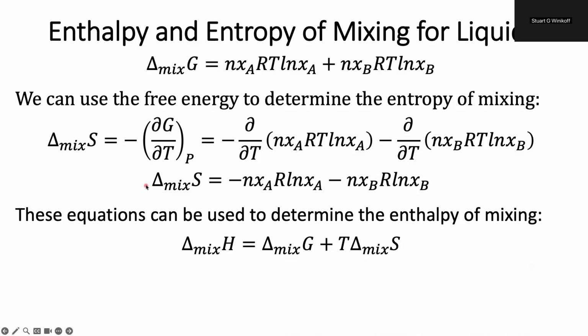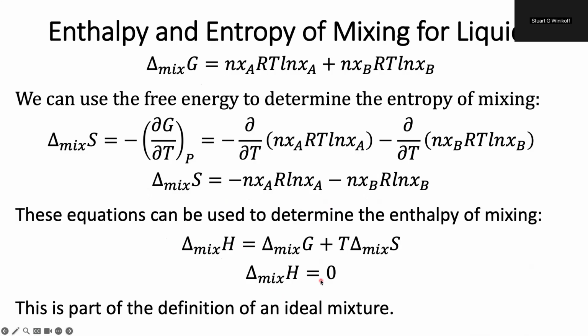And we can use the same approach to figure out the enthalpy of mixing for an ideal solution. Now, in this case, this will just be the Gibbs of mixing plus temperature times the entropy of mixing, at which point you may notice that the terms are rather similar, and they'll just end up canceling out. So for an ideal mixture, not too surprisingly, the enthalpy of mixing is zero, because that's the definition of an